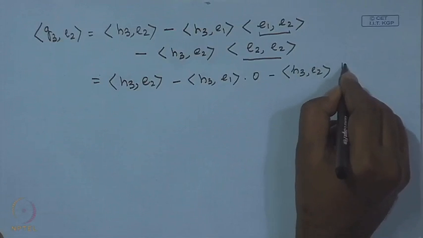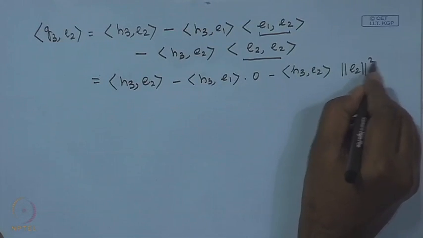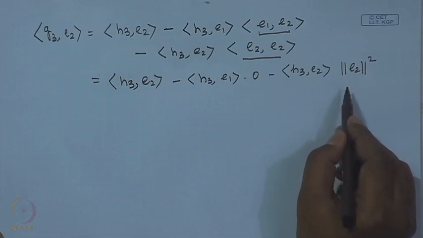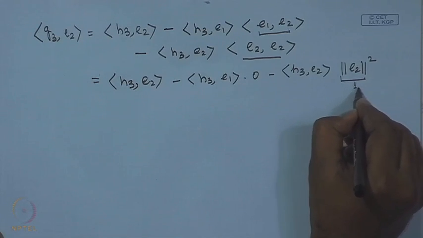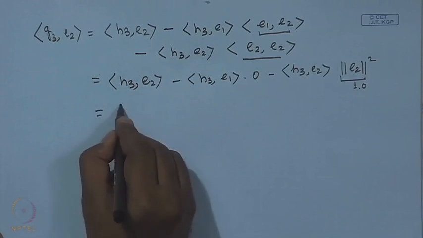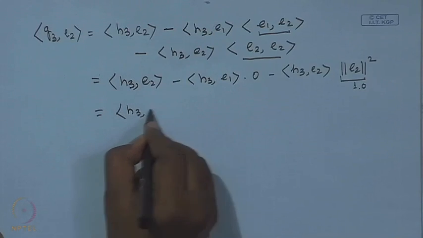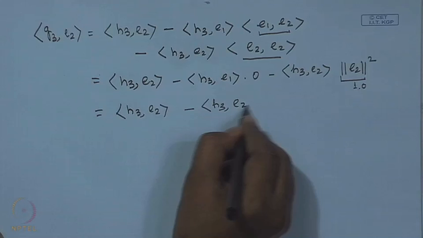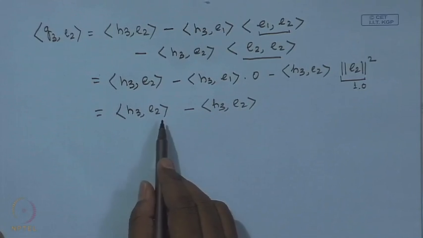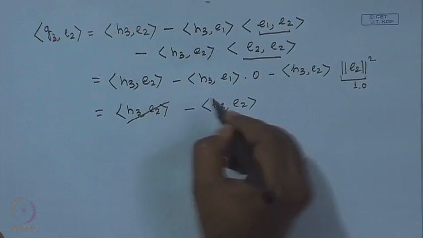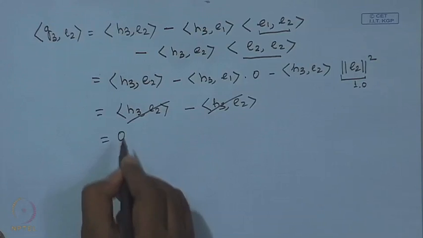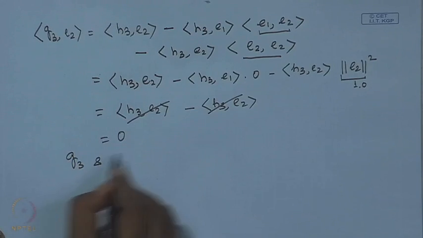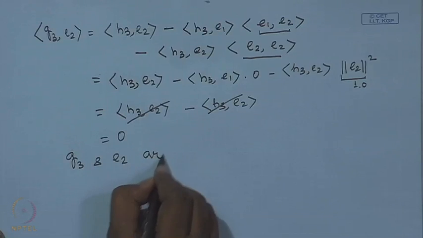It is nothing but the norm of E2, and we have already proved earlier that E2 is defined in such a way that the norm is 1. So, this will be unity. So, what we get? We get inner product of H3 and E2 minus inner product of H3 and E2. These two being scalar and opposite in sign, will simply cancel out and this will be equal to 0. This proves that G3 and E2 are